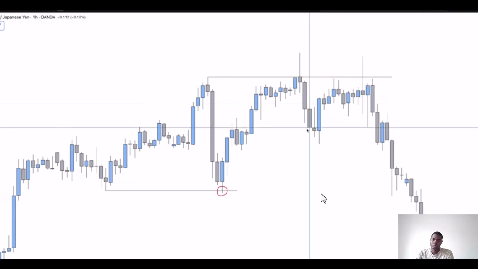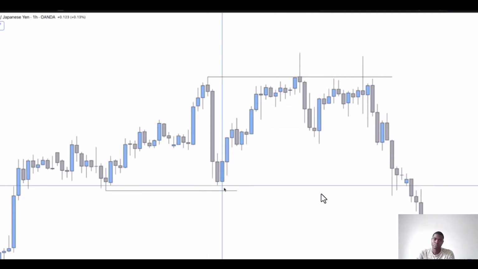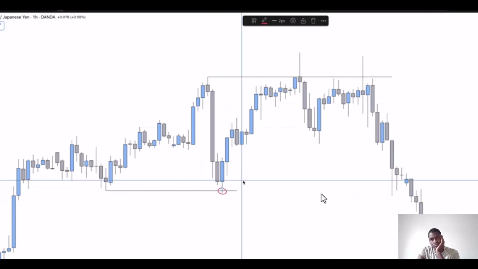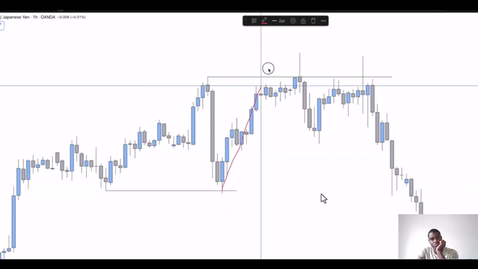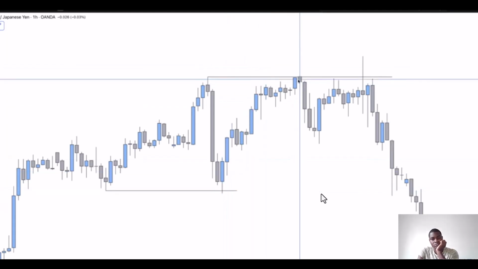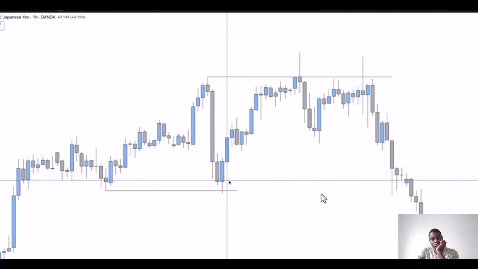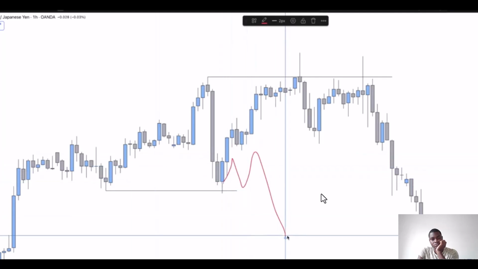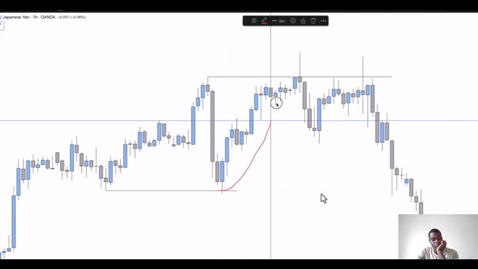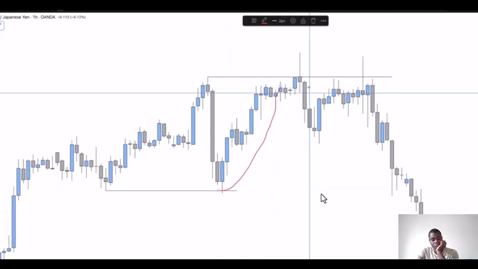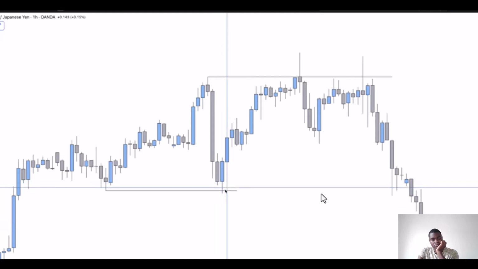So although on the surface these may look like breaks of structure because the market has pushed through this level, it's actually not. It's actually pretty much the opposite and is very likely to move against you. So the way you can differentiate between actual breaks of structure, which are going to lead into new moves, and the liquidity sweeps that are going to lead into sharp reversals, which will kill you, is to look for closures